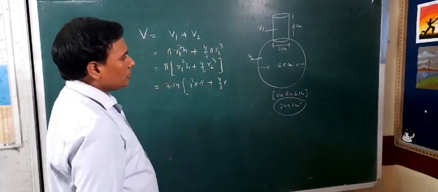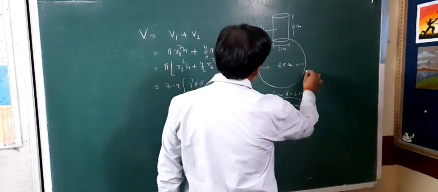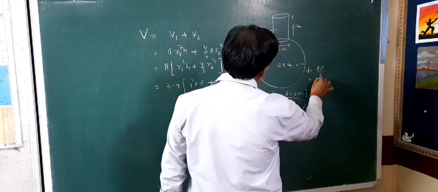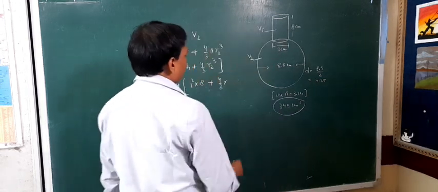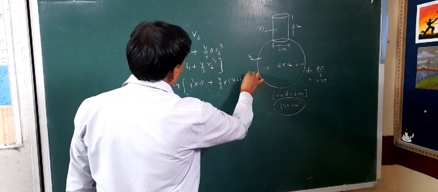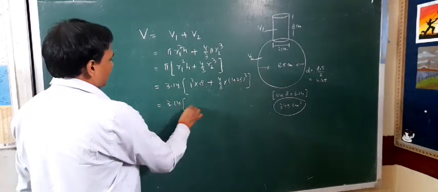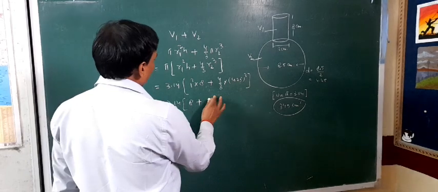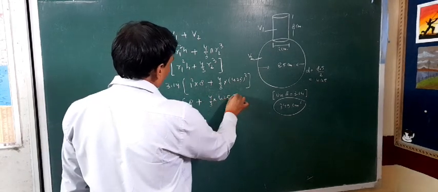So what will be the radius of this part? When you take half of the diameter of the sphere, 8.5 का half कितना होगा? You will get 2 4s are 8, 2 5s are 10, 4.25. So you will write here 4.25 whole cube. So this is your calculation part now, and by the calculation we shall obtain whether the calculation of the boy is correct or incorrect. हमें भी calculation करनी पड़ेगी.